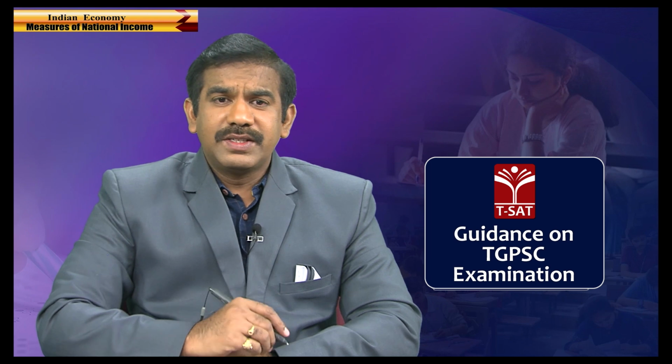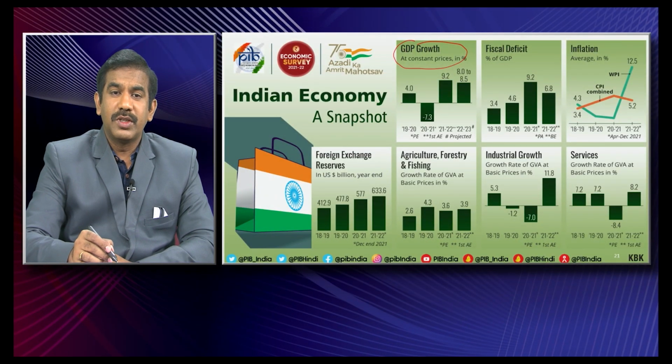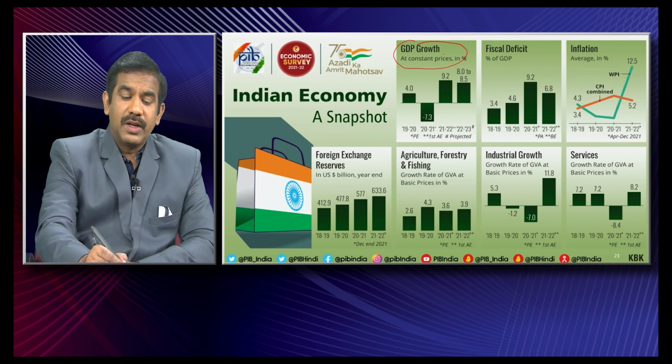Having seen different measures of income and different types of goods and services, now let's comprehend the entire Indian economy in a single snapshot. What exactly is the state of the Indian economy? Let's look at it from the most trusted source, none other than the Economic Survey. If you look at 4 years of data, let's start with GDP growth at constant prices. This GDP growth is measured at constant prices, which means here we are considering the real GDP.